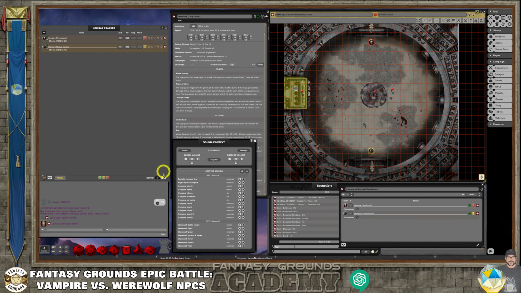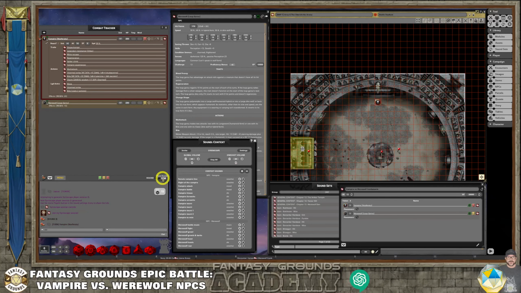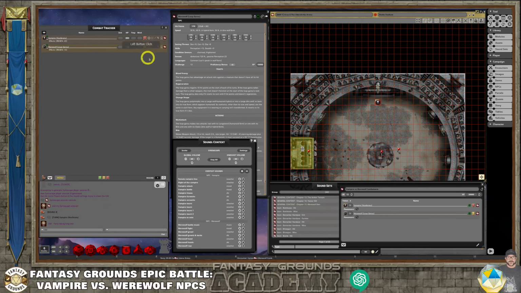So first things first is I'm going to reset the rounds here. So I want to go back to 0. And we're going to go to menu, rest. So I'm just going to give them a long rest just in case I used anything during testing. So everything's kind of reset back to 0. Here's round 1, and these are basically the combatants. So I'm going to roll initiative just from the get-go, just so I have to set that